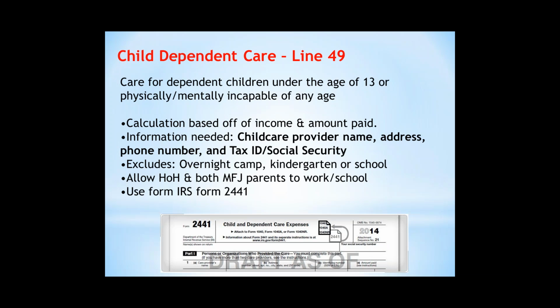If their child goes to a child care provider that sees this a lot or that has a large business, they automatically know to provide these to parents. But sometimes parents have to ask the child care provider for this information come tax time. They have to come with the child care provider's name, the provider's address, phone number, and either the provider's tax ID number, so basically the thing that's similar to the employer ID number, or a social security number for